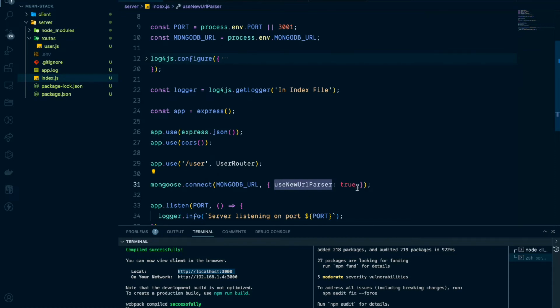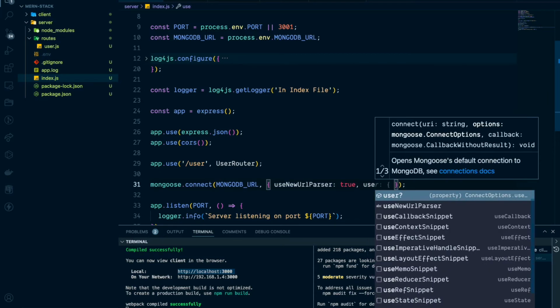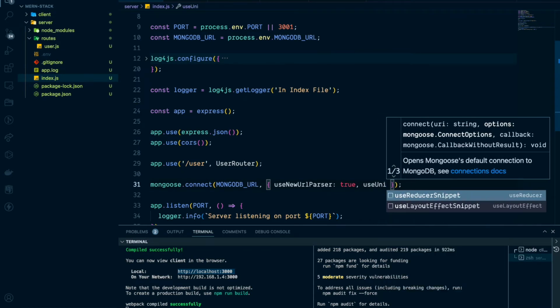That's why I'm using this thing. I just don't want to have a few errors in my console. It is absolutely not necessary, but it is for the purposes of being in sync with the latest version. Similarly, there is something called use unified